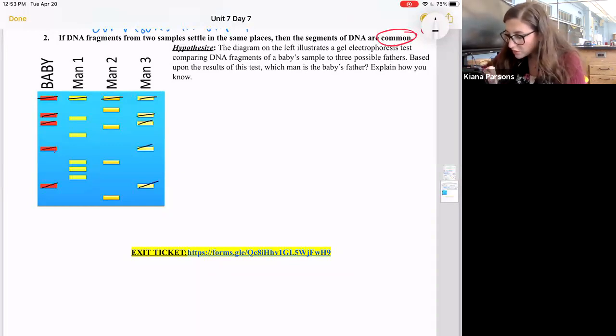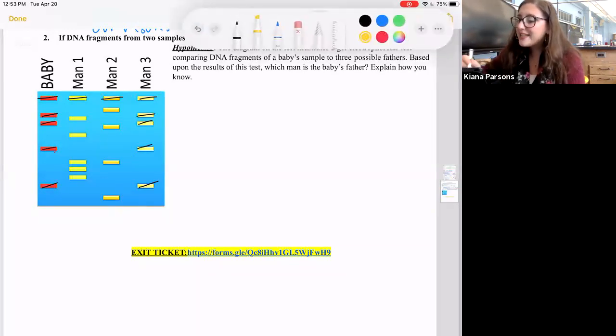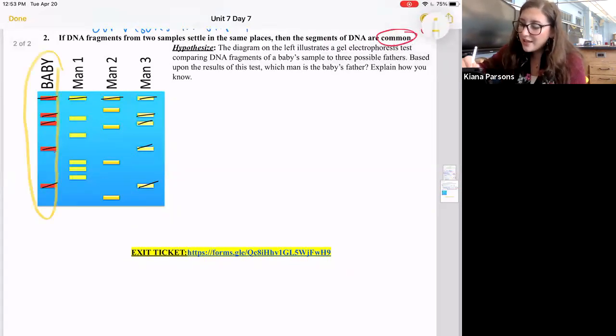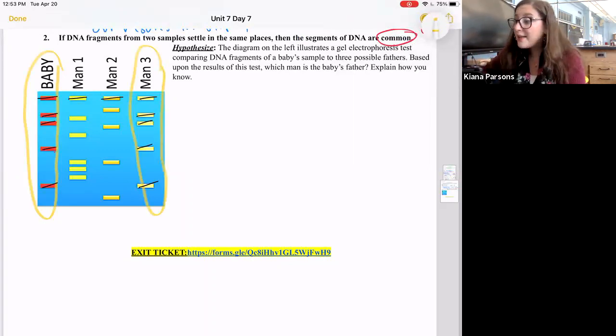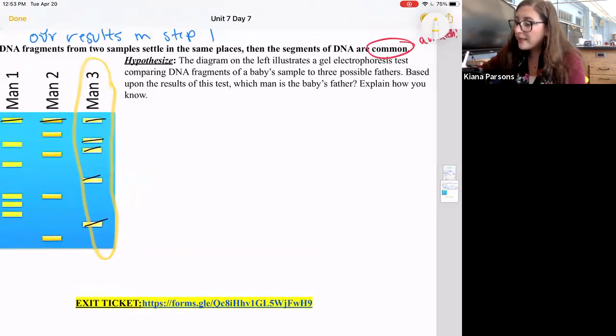So it looks like if you were able to follow as we were going through, we were just looking across and seeing where the bands matched up. And in order to be the father, it doesn't need to be exactly the same, but in this case, we can see the baby and man number 3 have identical DNA banding patterns. So man number 3 is the father